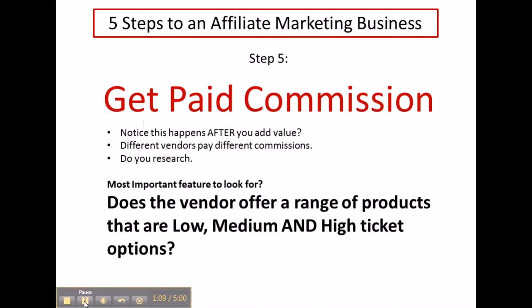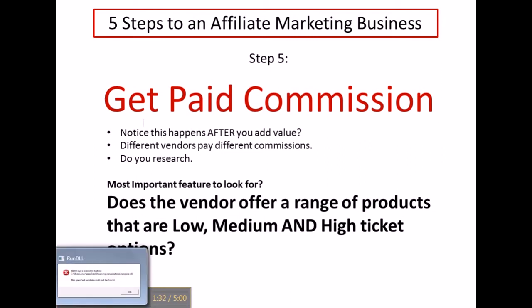The important thing to understand is that the work it takes you to find a customer and sell them a low ticket or medium ticket product is the same work you've got to do to find that same customer for a high ticket option. You find the customer, you develop that relationship with them, and you suggest a vendor to them. Now that vendor ideally should have a range, again, from low to high ticket options, because the customer goes through their sequence of sales.